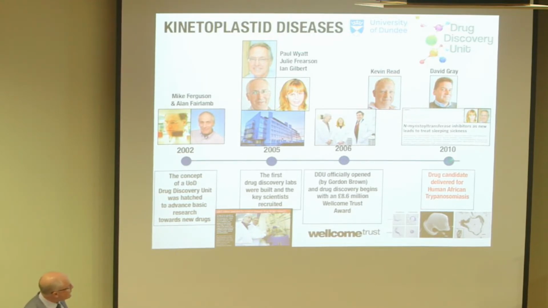Well, 4 years later, we'd actually made a drug candidate for human African sleeping sickness. It failed, but we made one anyway. So just to point out that this is a tough game making new drugs. There's a lot of what's called attrition, where you take 5 steps forwards but 6 steps backwards. This was one such case where we delivered what was really a very good drug candidate against African trypanosomiasis, but it lacked one key property, which was it didn't get into the human brain to treat the second stage of the disease, so we had to scrap it.